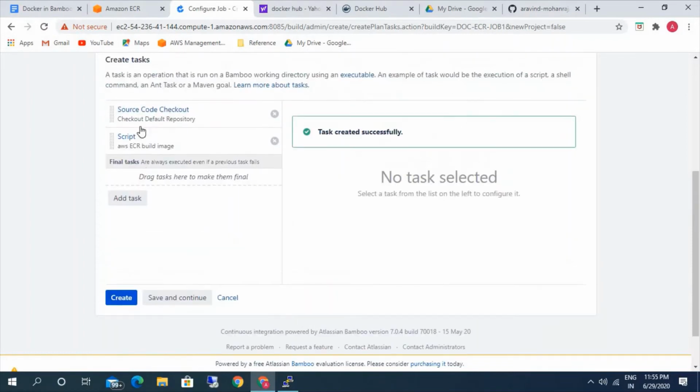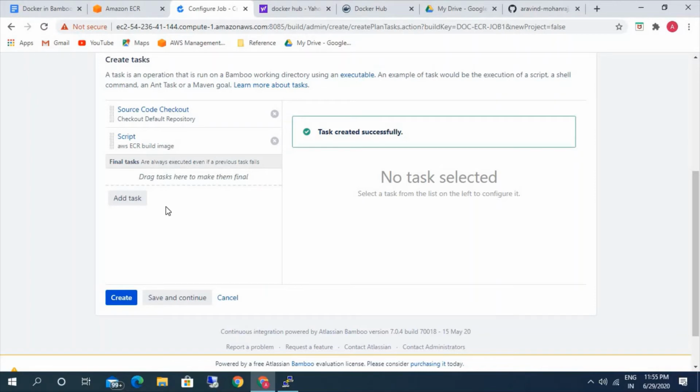Now we have created two tasks: one for source code checkout, where it will download the Dockerfile, and next it will build the image using the Dockerfile and push it to the ECR using the AWS CLI and AWS credentials.